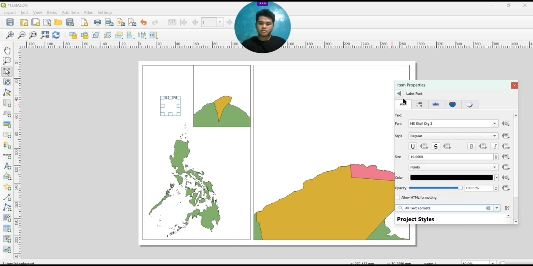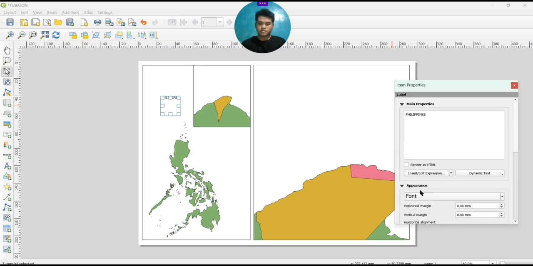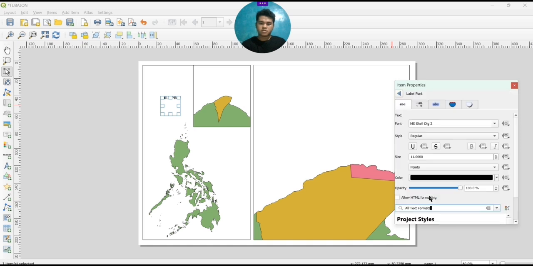Using your mouse roll, or if you're using a laptop, just use two fingers and adjust it. So you may see it in the box as it appears.